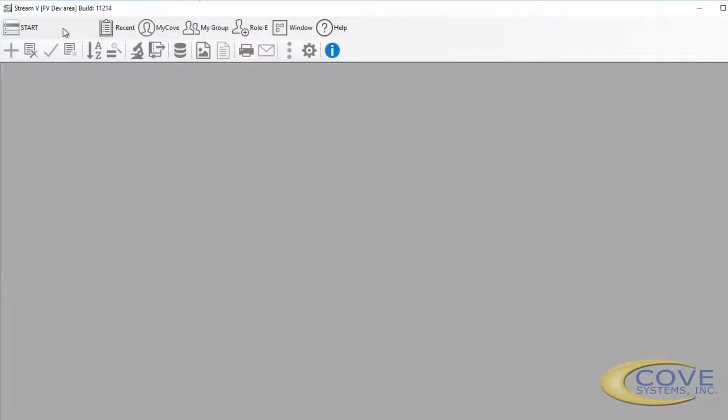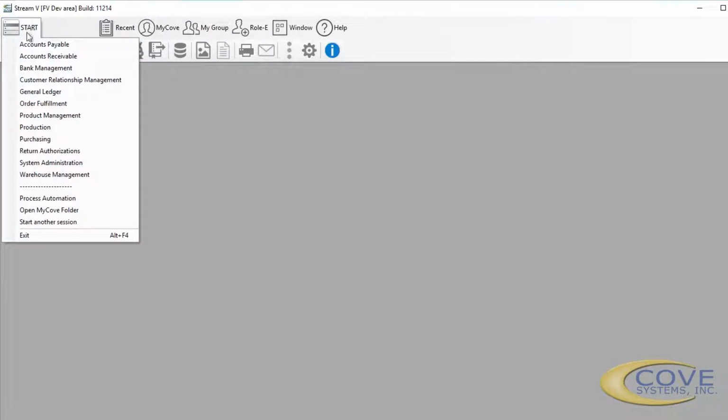When you come in with a Start button, which is the module menu. The modules are in alphabetical order: accounts payable, receivable, you can all read them. Process automation is used for EDI. Open My Cove folder just opens up Windows Explorer in the folder where documents are written to by the Stream